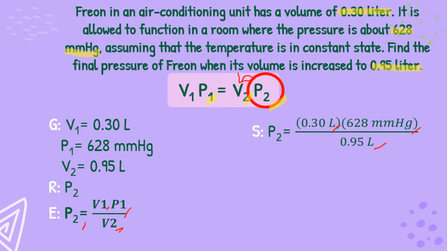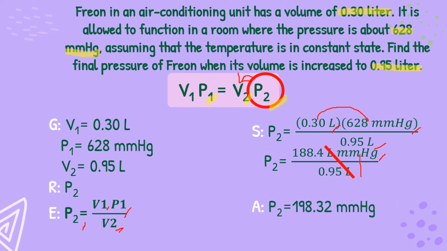So first, you have to multiply to get the product of the initial volume and initial pressure, and we will come up with this one. So 0.30 liter multiplied by 628 millimeter of mercury, we will have 188.4 liter millimeter of mercury over 0.95 liter. Now all you have to do is to divide these two to come up with an answer of